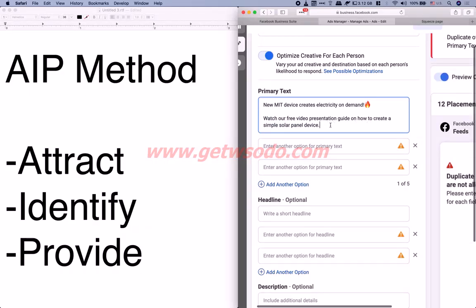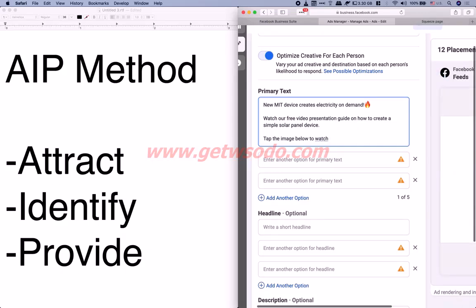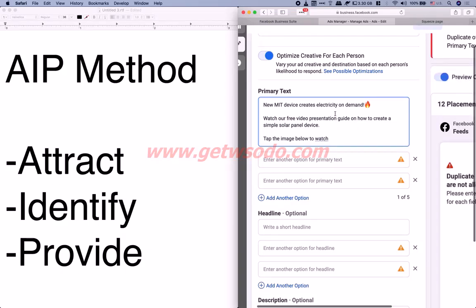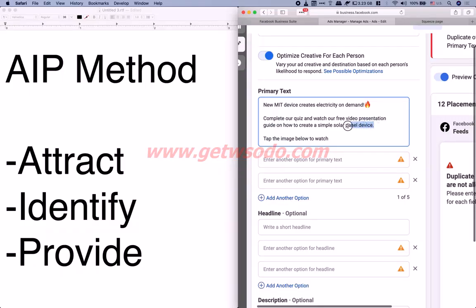There you go. And then we're going to provide them with what to do next. Tap the image below to watch. But we also have a quiz actually, so we have to mention the quiz. So we can say, instead of watch, we can say complete our quiz and watch our free video presentation guide on how to create a simple solar panel,